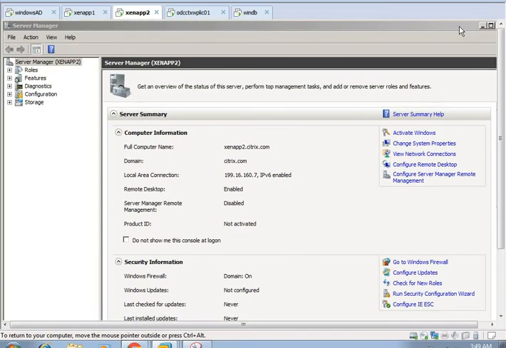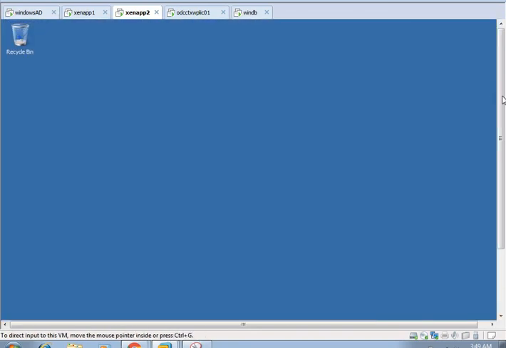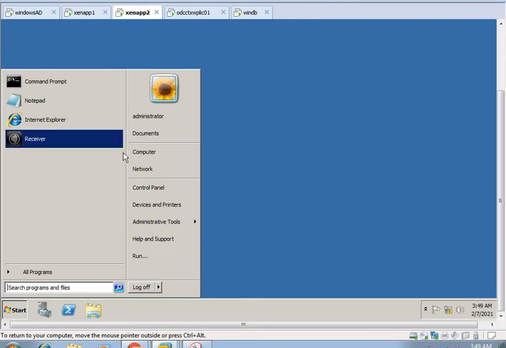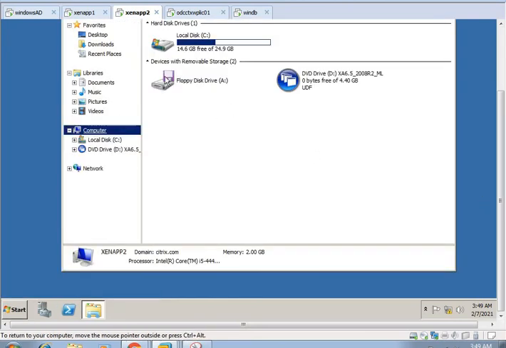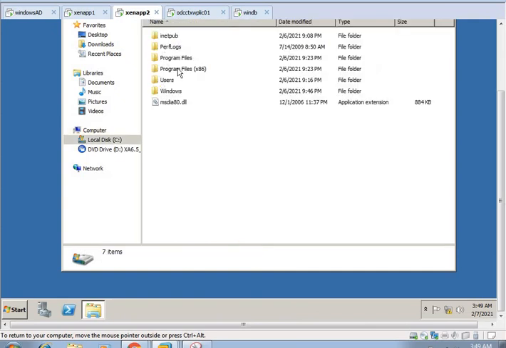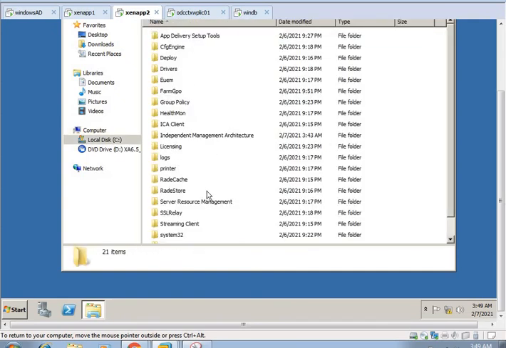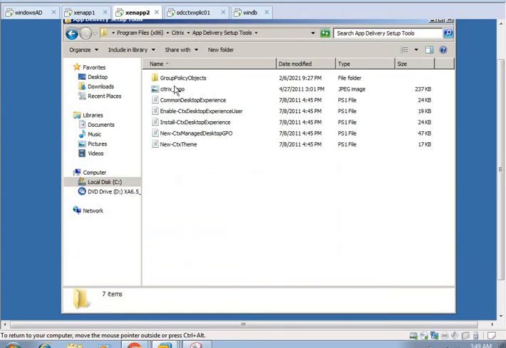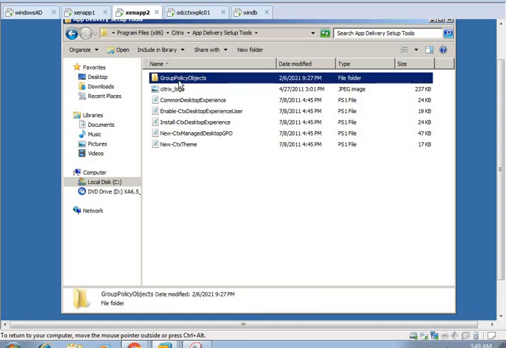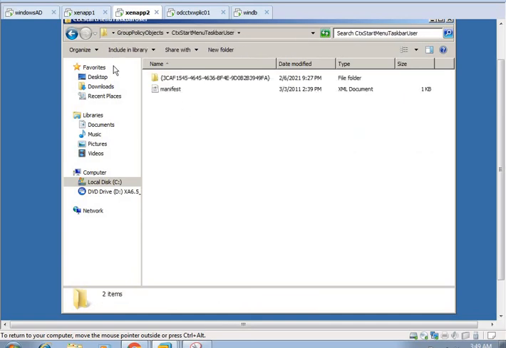Actually, previously I removed this component. So we can go to Computer, C drive, Citrix. Here is the App Center, so the policy App Center.